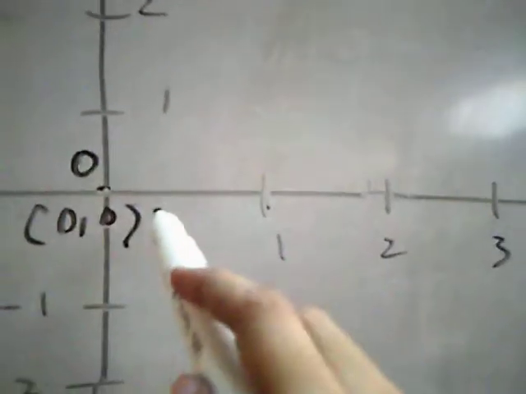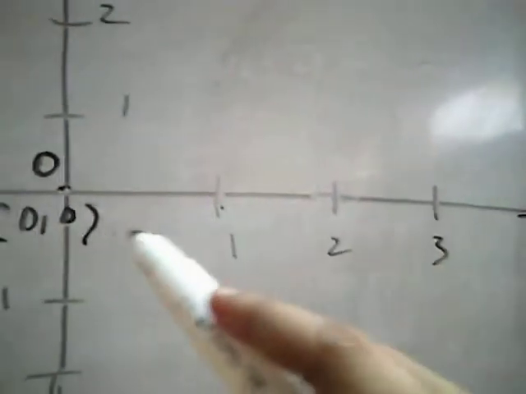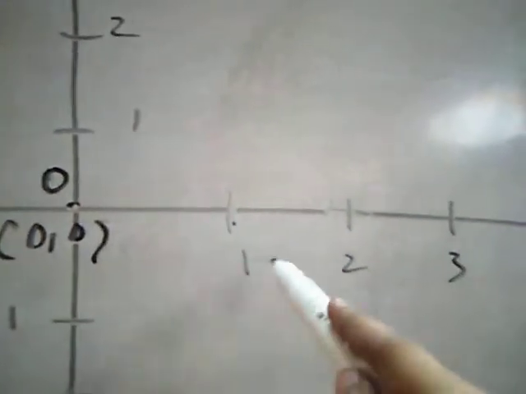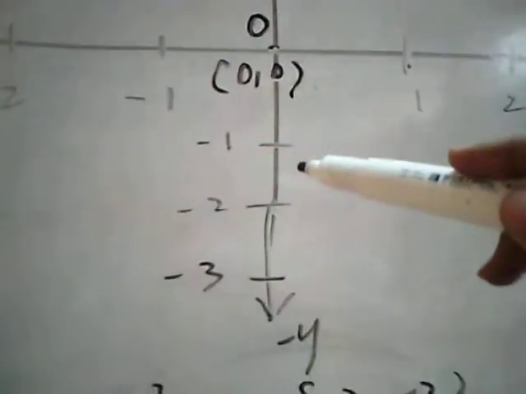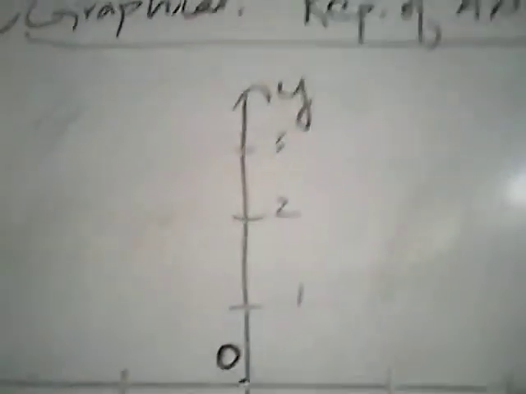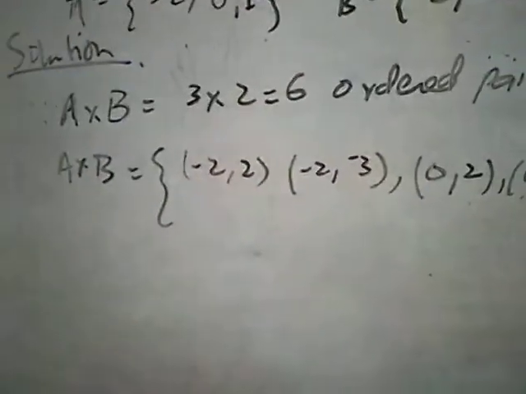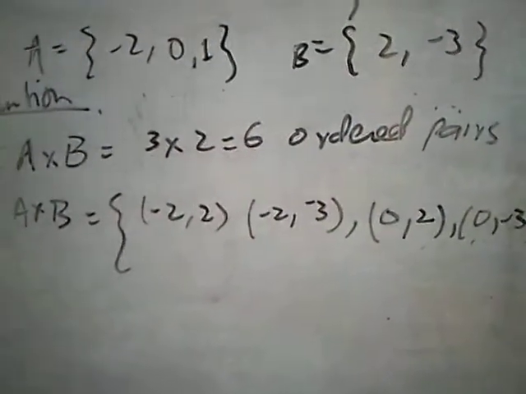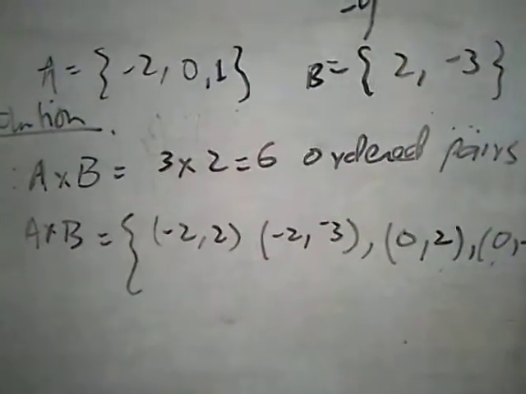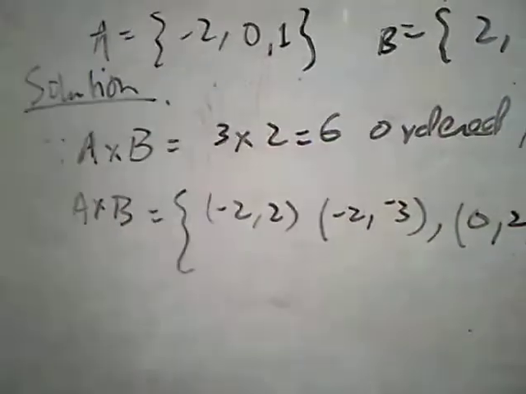Now place the numbers with equal spacing, 1, 2, 3 and so on. Over here -1, -2 and so on. Similarly on the y-axis you have -1 and -2 going downward, and upward are the positive values. Now you have to map the following ordered pairs. So taking the first ordered pair -2 and 2, that means the value of x is -2 and the corresponding value of y is 2.